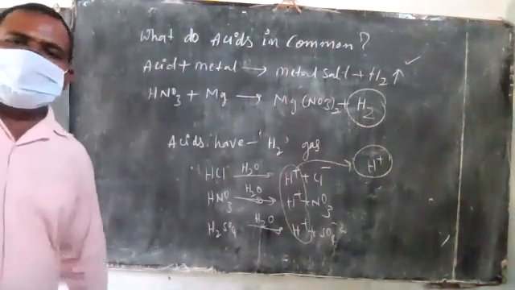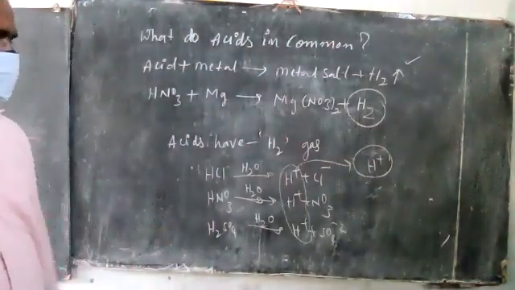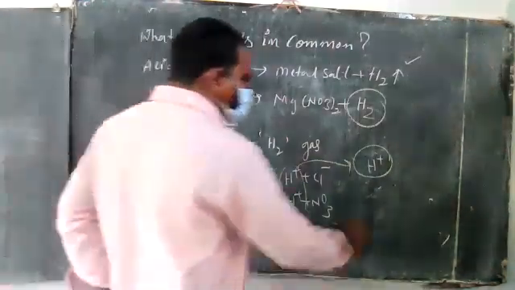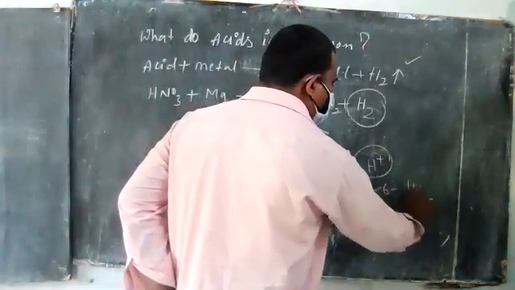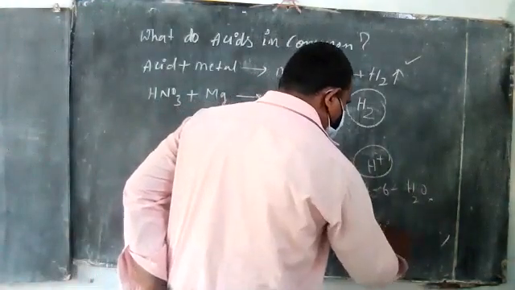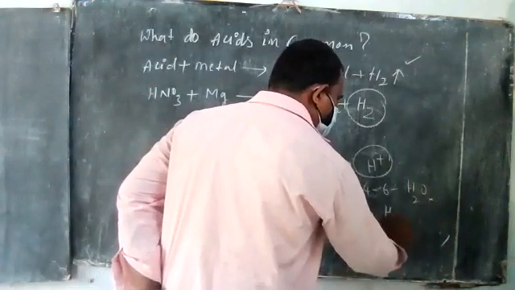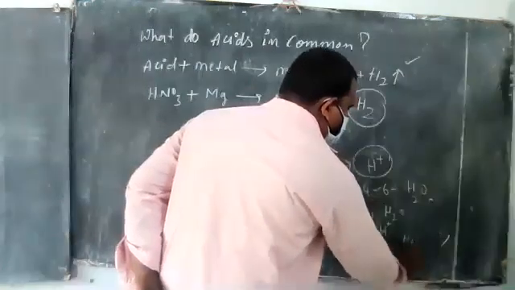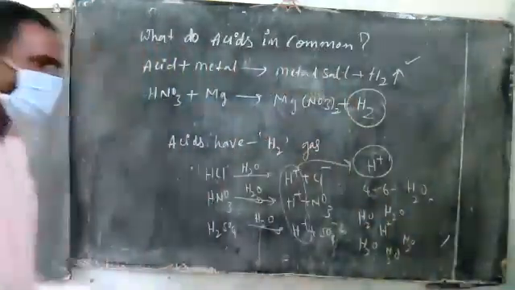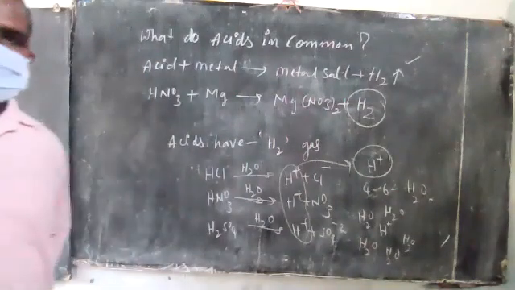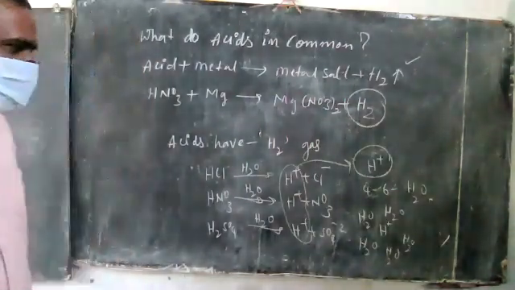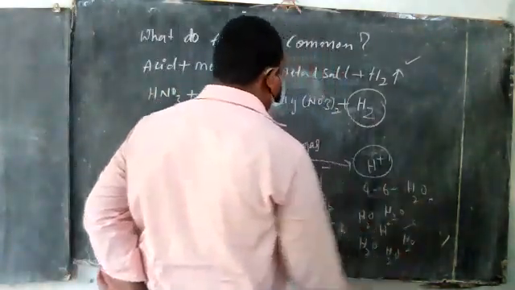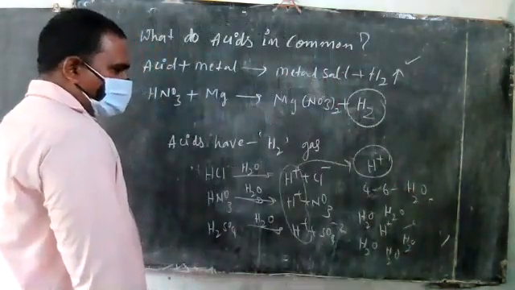But the H+ could not exist by itself. Whenever the H+ ion is released in water, it will be surrounded by 4 to 6 water molecules. Very, very important, asked a number of times: how many water molecules can surround the H+ ion? 4 to 6 water molecules. Then, one H+ combines with H2O to form